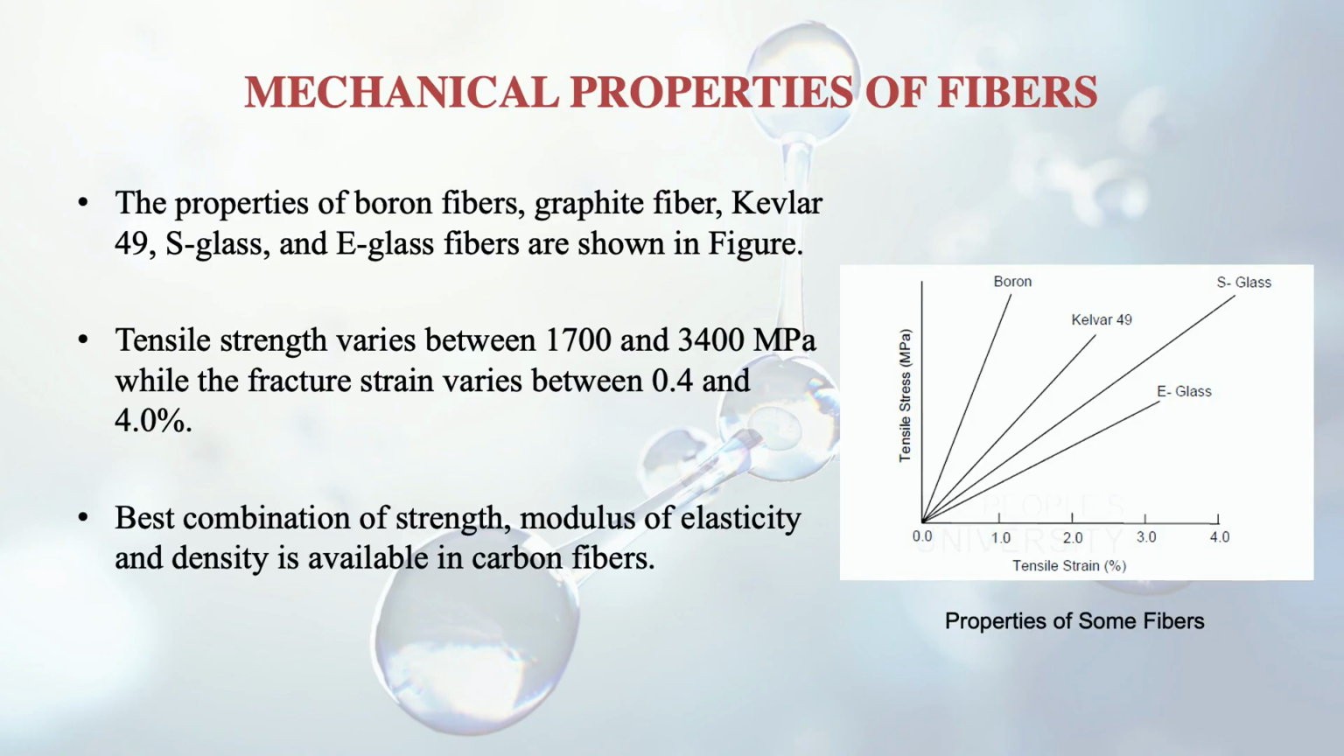So the best combination of strength, modulus of elasticity and density is available in carbon fibers. The best combination of all these properties which we need comes out in the carbon fibers. That's why they are so much in use. Because they are so much in use, we need to know about the carbon fiber production